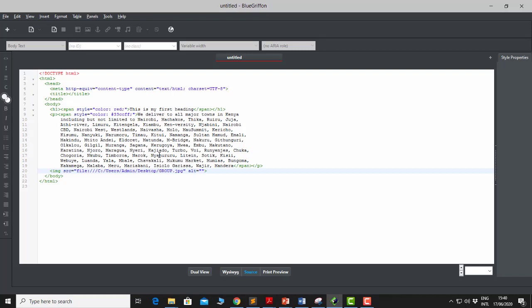Don't worry if you see other tags in here that have been added and you don't like this, just leave them here. Don't do anything to them. So the first one, H1, forget about this one. H1 style color red, that's what we did with our first one. Then style color, the other one, we know it was blue. So just come in and